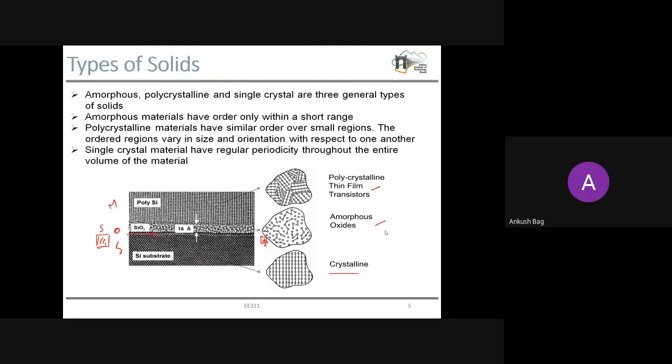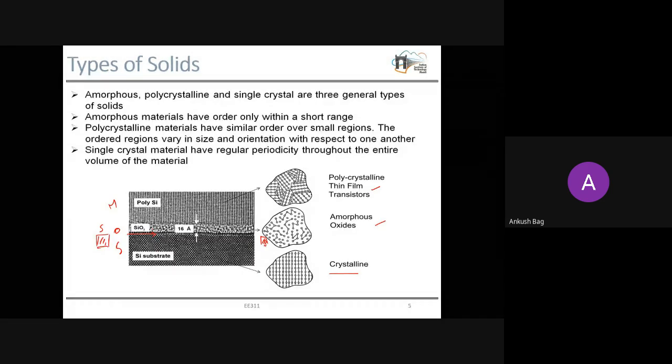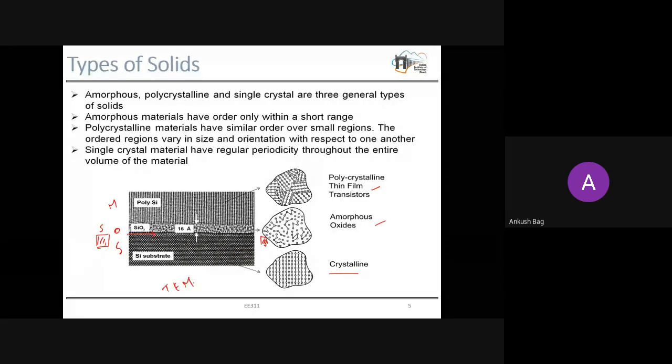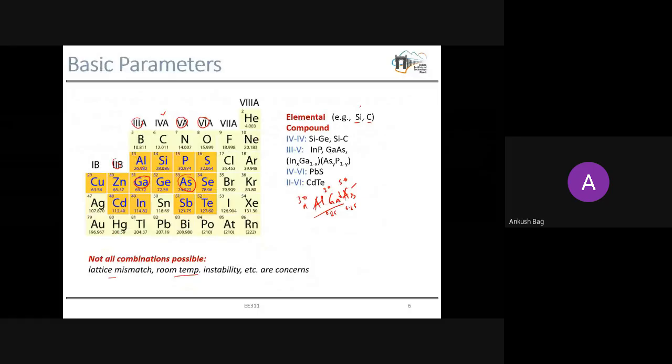Apart from the different materials in terms of conductivity, we also need materials in terms of crystallinity. Another thing I forgot to mention last class: this image is an actual image. This is a TEM image, transmission electron microscope image. This is an actual image of your MOS stack, which is again part of your MOSFET. Then we have seen these different materials.